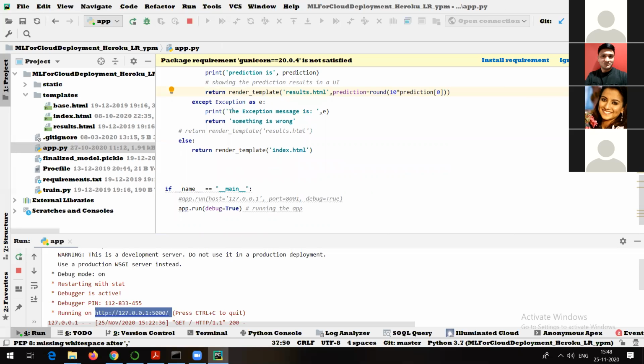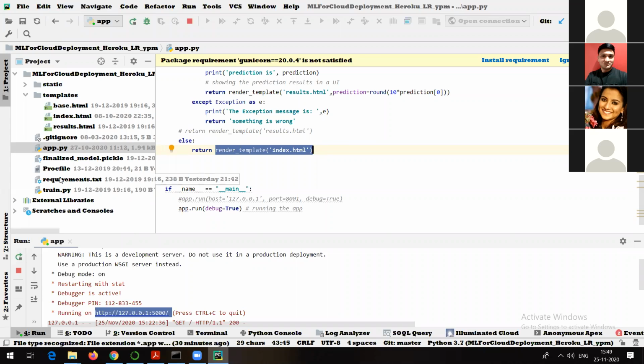And if there is some problem, those people who said they were getting some problem, the exception message is e. So something is wrong. The people who were able to see this kind of message, there might be a reason. Security reason might be there, or maybe some other problem, which is a standard exception. And otherwise, finally you will get index.html, right? This is what the code is.